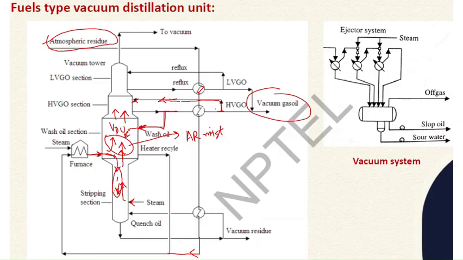Why? As I told earlier, some portion is refluxed back to ensure that if there is even a little bit of impurity or higher cuts available, then they are given back as reflux. Okay. And further rising up, LVGO is taken off at this plate, and here also LVGO is given as reflux. Okay.